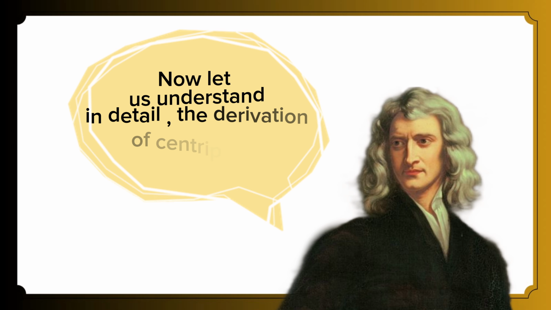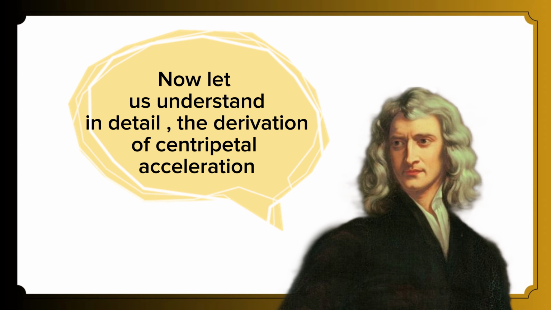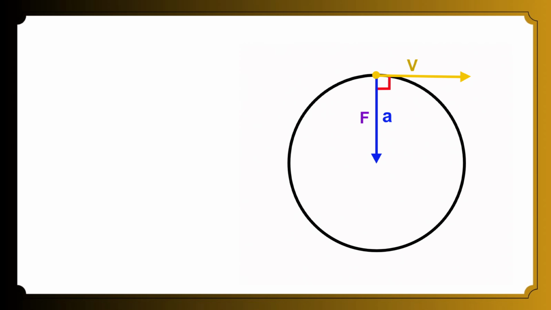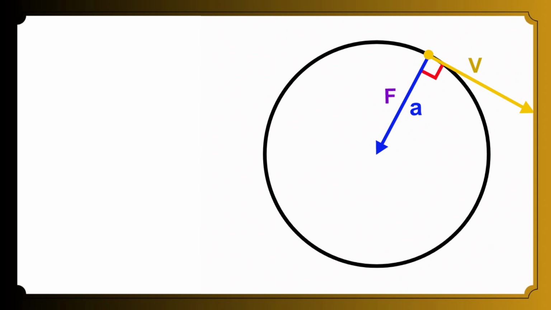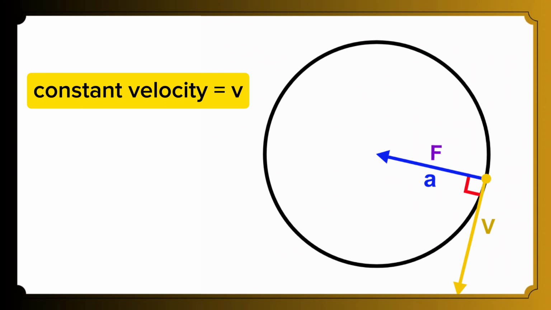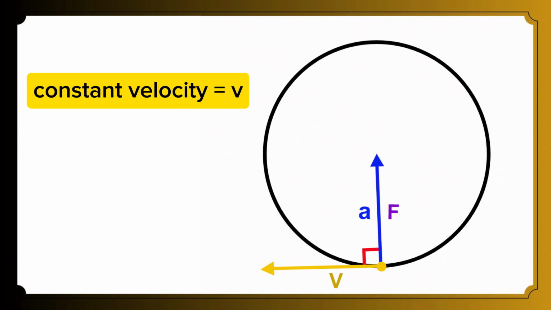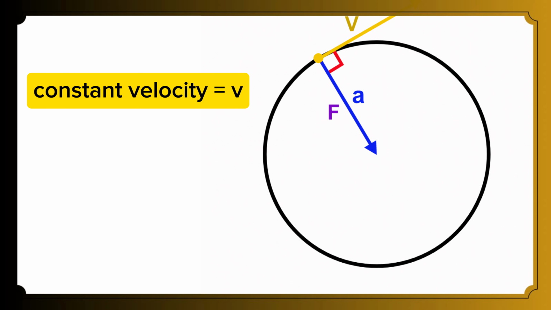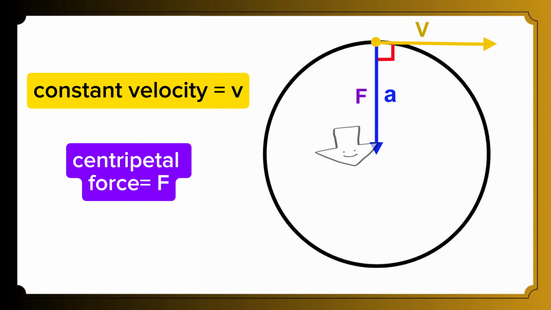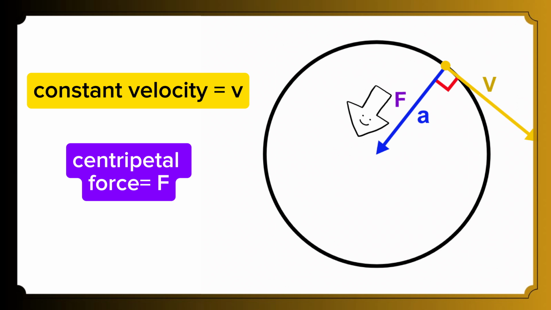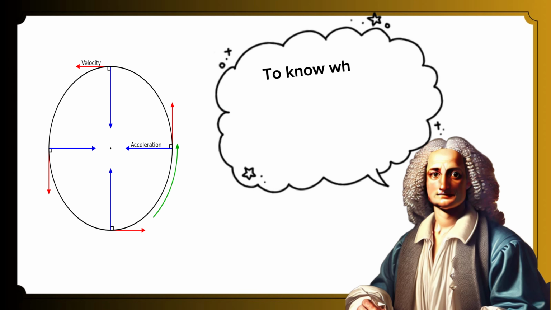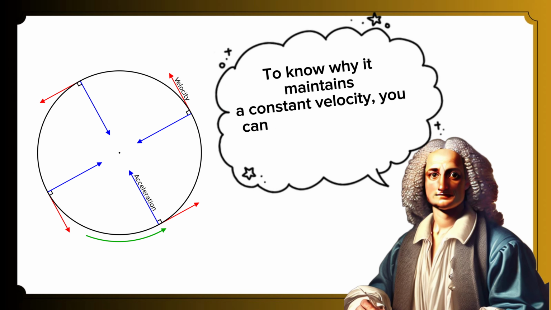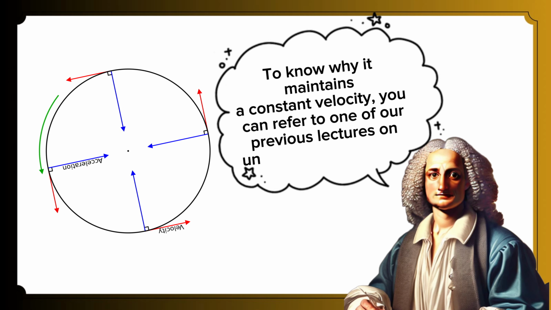Now let us understand in detail the derivation of centripetal acceleration by considering a ball moving in uniform circular motion with a constant velocity, v. Its velocity vector is perpendicular to the radius at each point in its circumference, and the centripetal force acts in the radial direction at each point to continuously change the direction of velocity. To know why it maintains a constant velocity, you can refer to one of our previous lectures on uniform circular